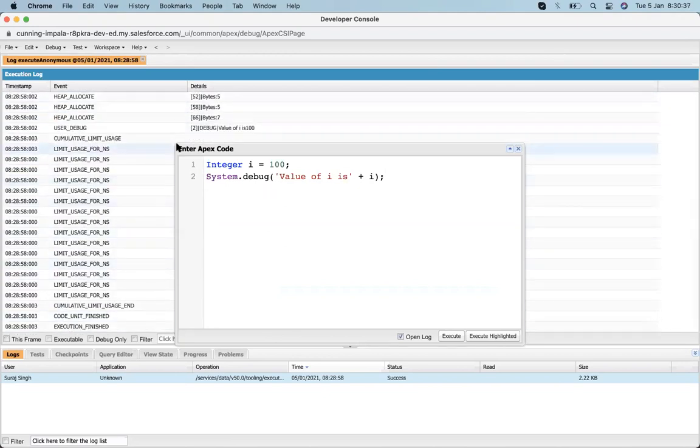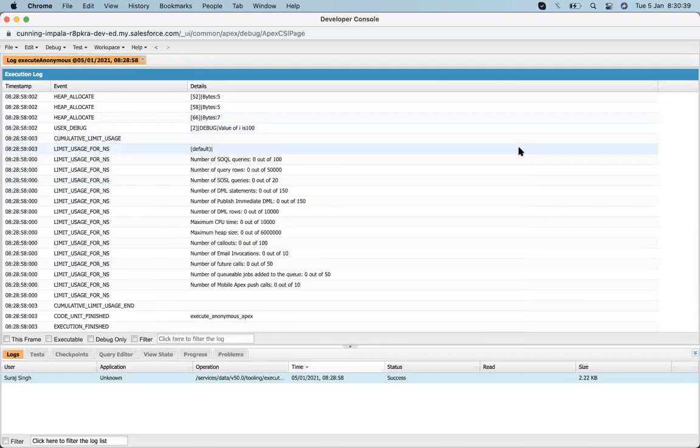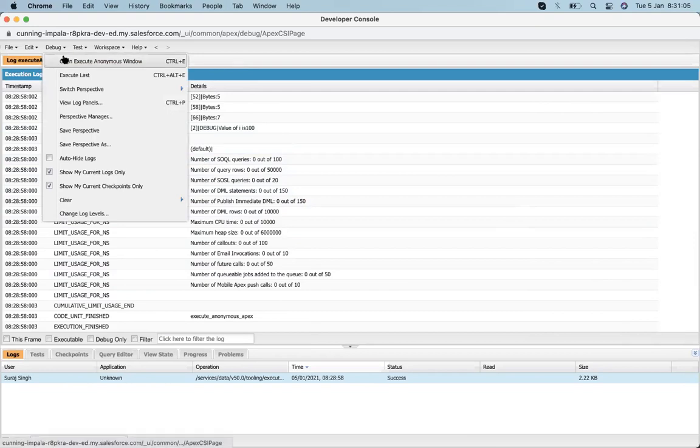And after that, once the operation finished, it will conclude how many queries were performed, how many rows, how many DML statements, how many published, all those conclusions. It also shows up here. If we do anything related to that, suppose I make a SOQL query, then it will show count as one. We will learn about that. Right now we're just discussing how the execute anonymous is working.